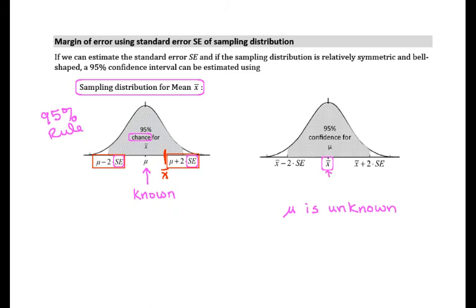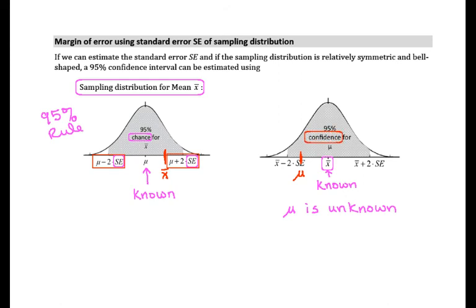This is something on which we have gathered data. Well, if that x bar was within 2 standard errors of mu with a 95% chance, then that suggests to us that mu is within 2 standard errors of x bar, but now we call it 95% confidence